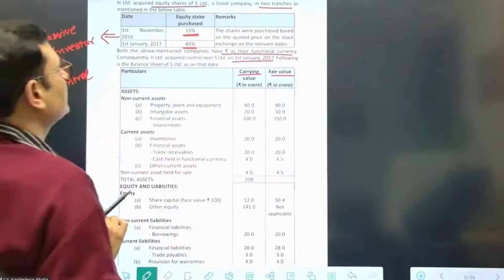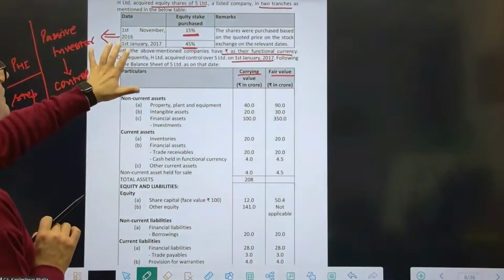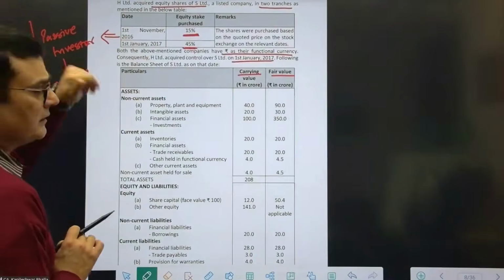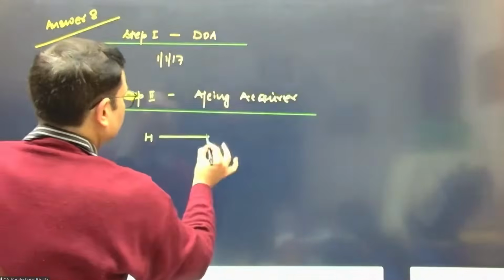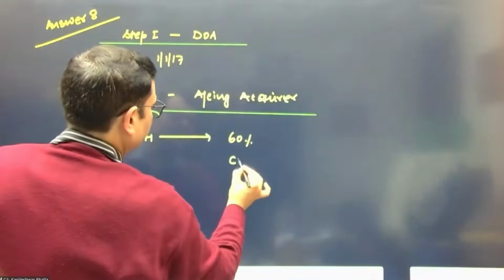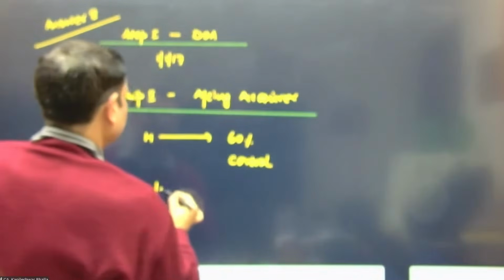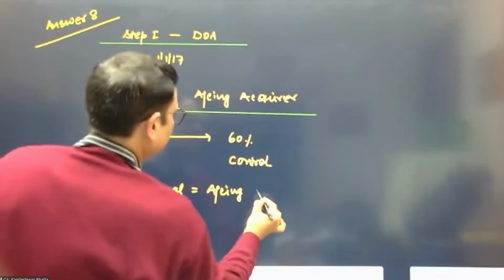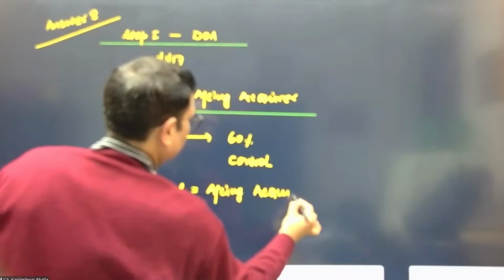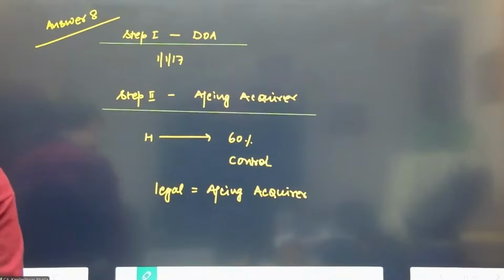So I think it's a very clear-cut case because the percentage is very clear. It's a 60% stake H acquires. So I think it's a clear-cut case that H is the accounting acquirer. So we can say H in this case has got a 60% stake. That means control. So we can say very clearly that the legal and the accounting acquirer in this case undoubtedly are the same, because there is no case where he is losing control of the company. So H becomes the accounting acquirer.